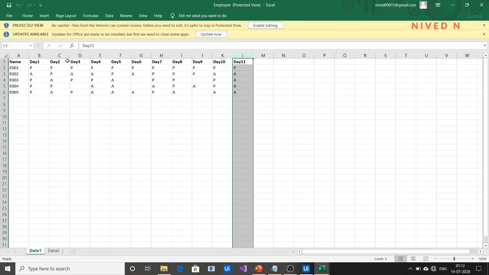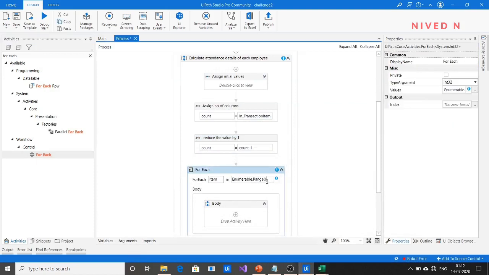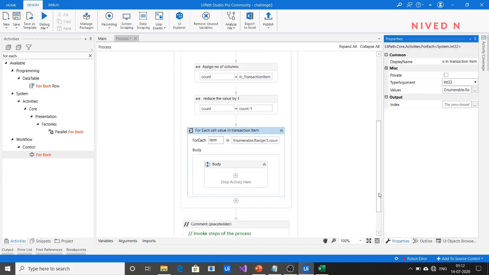We have to specify the range like this: 1 comma count. We can specify the name itself, which is good practice: for each cell value in transaction item.